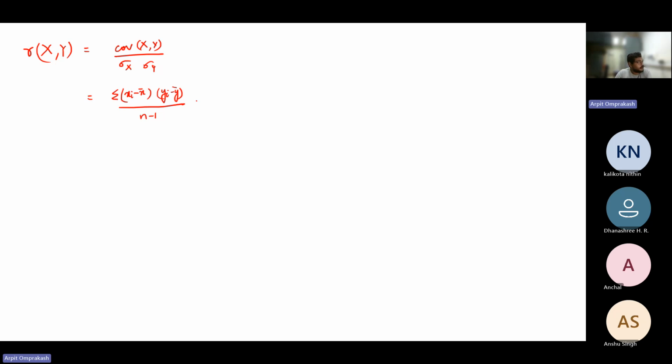And this will be divided by the standard deviation of x, which is the square root of the summation of (xi minus x bar) squared divided by n minus 1, and similarly for y. Since we have root n minus 1 into root n minus 1, it will be n minus 1, and we have n minus 1 in the numerator as well. So what we essentially get is